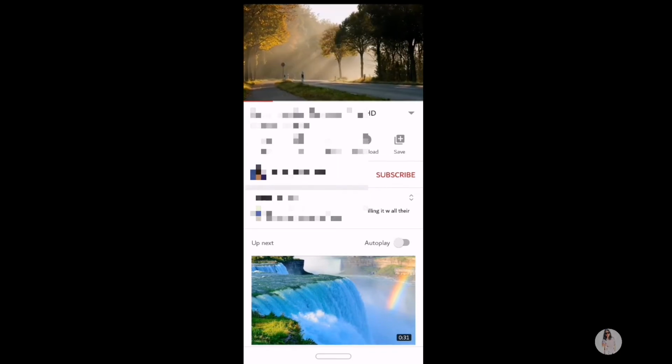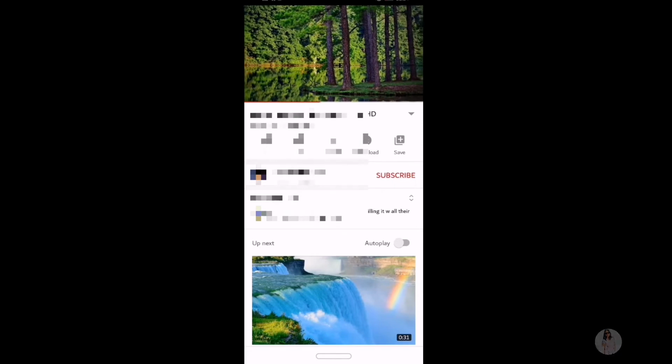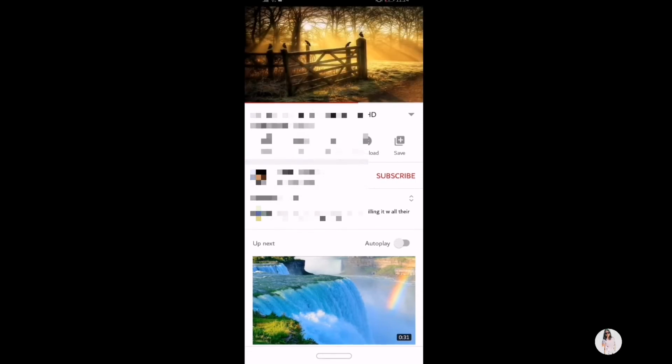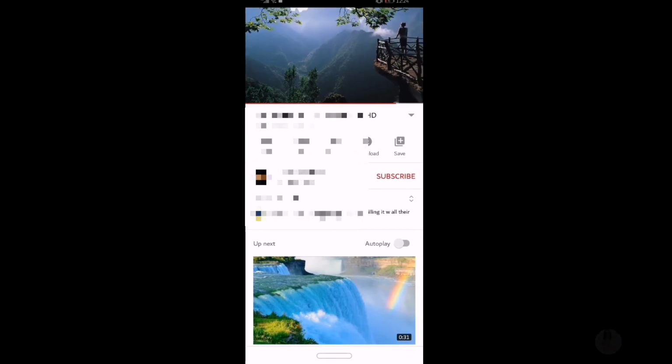Beautiful nature, wonderful, amazing, wow, relaxing, greenery,